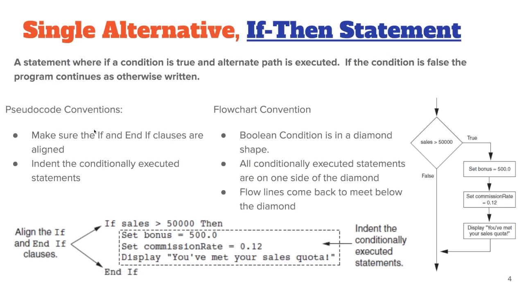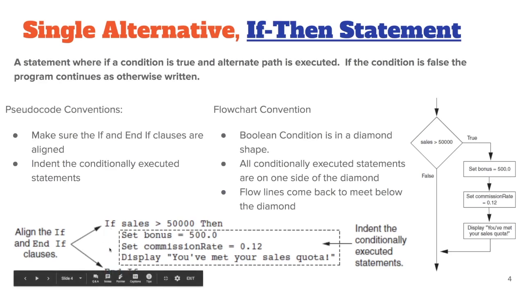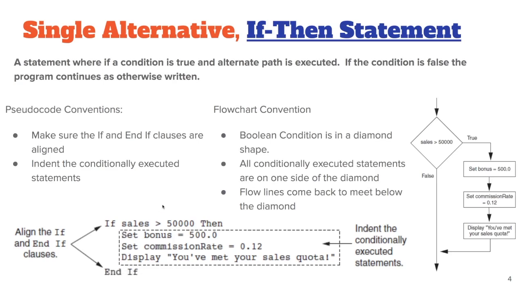The pseudocode conventions: you want to make sure that your if and end if clauses are aligned, so you'll keep those left aligned. It makes it a little bit easier to read, and the indentation of the conditionally executed statements is all aligned too, but at least indented one level. That's pretty important not just for pseudocode, but especially for Python code. If your spacing isn't 100% right, your code's not going to execute because the spacing is what makes blocks